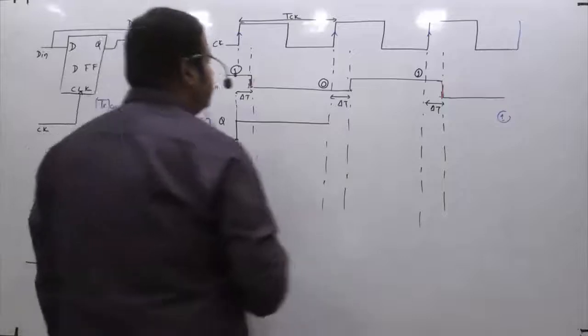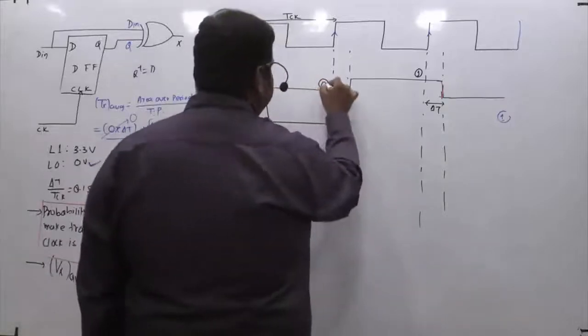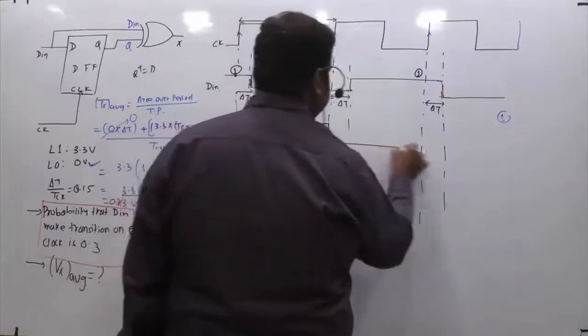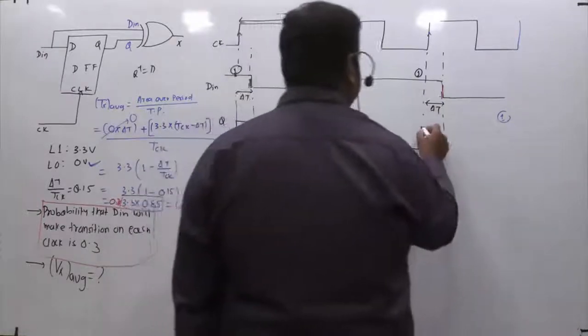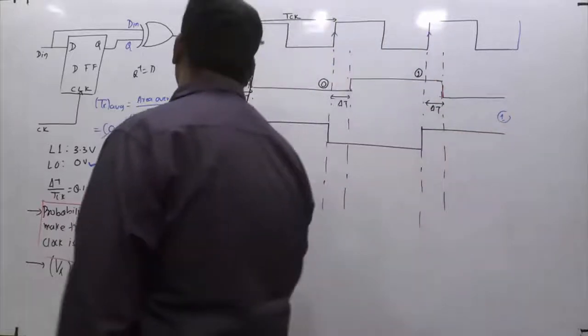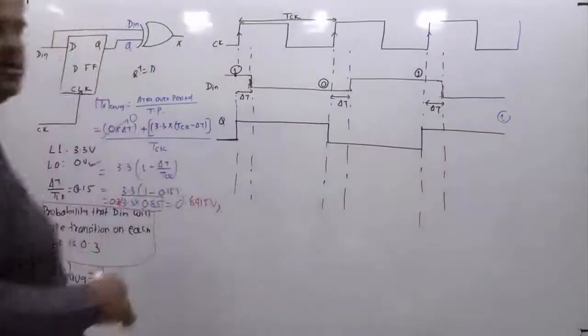Okay. So at this clock edge, I observe that D is 0. If D is 0, now I'll continue with 0 till the next clock edge. Again I observe it is 1, so I'll continue this way. So this is what it will continue. So this is your Q. This is your Q you got.